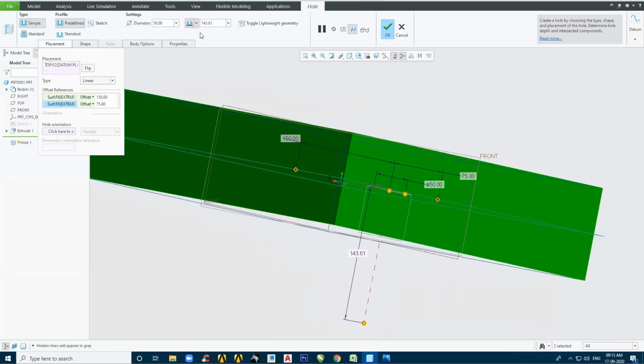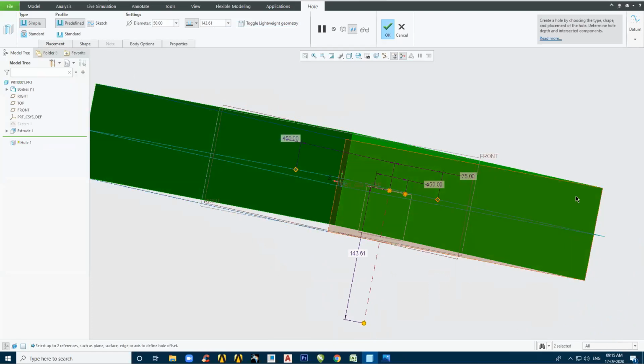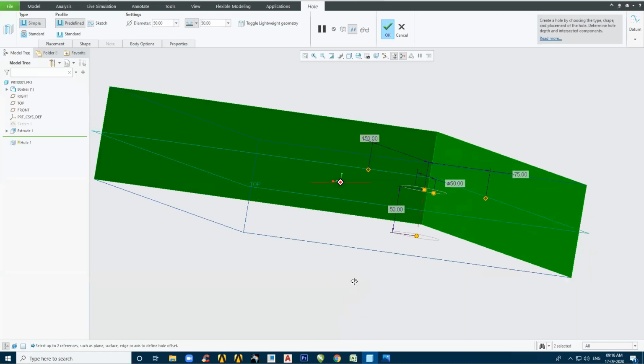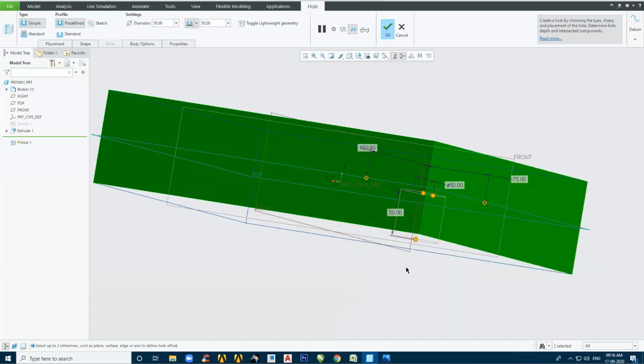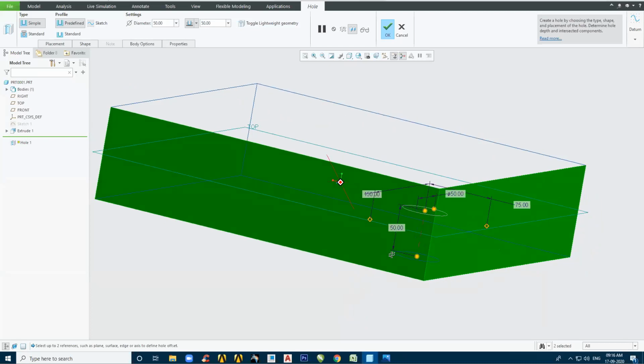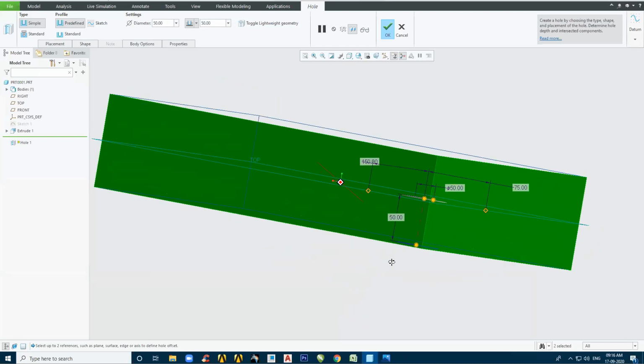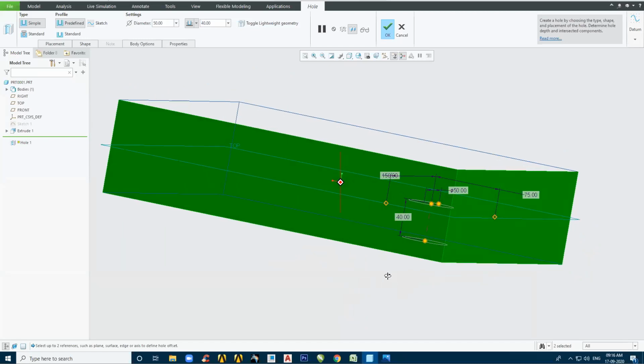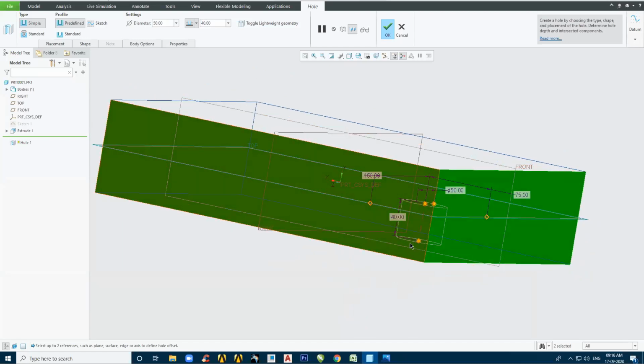Now presently the hole is of 143, and how much was this extrusion we had? I think that was 100, right? This extrusion was of 100. Now let's say this specific hole is 50 mm. So is this hole covering the entire object? No, it's not covering the entire object, right? Getting it, guys? Let me make it 40. Is it covering the entire object now? No, it is not covering the entire object. A 10 mm gap is kept below, right?